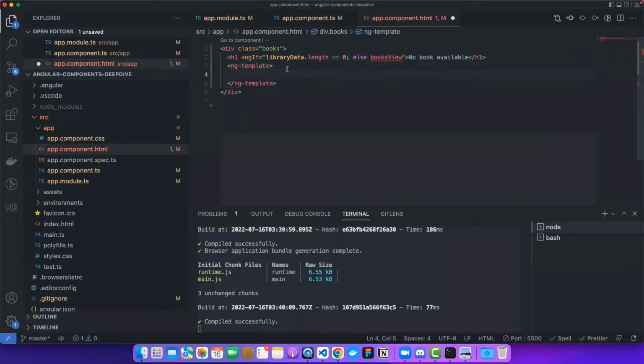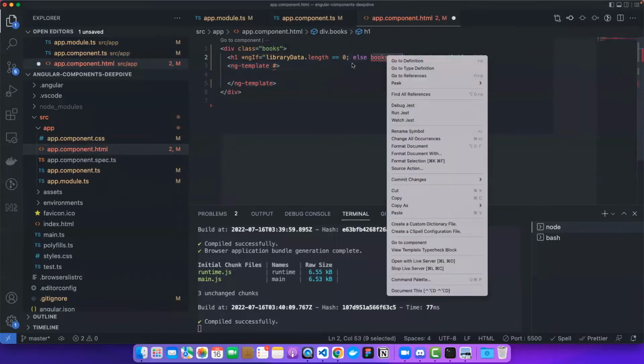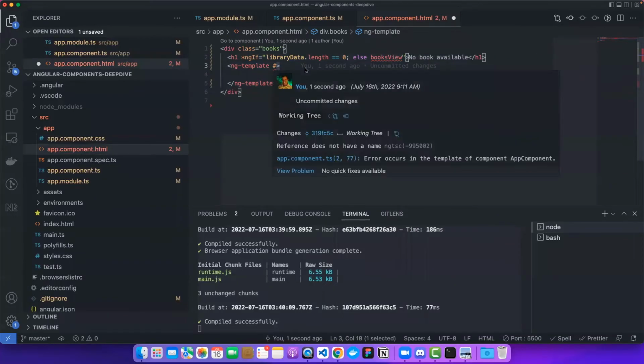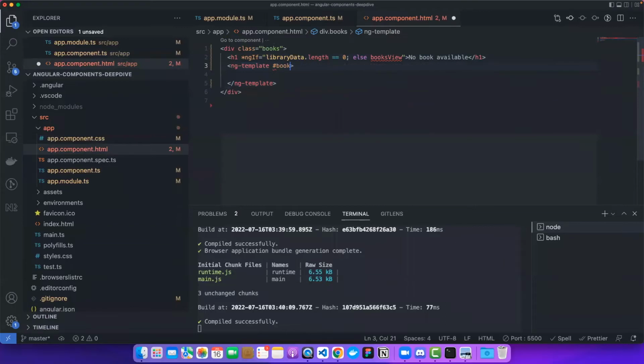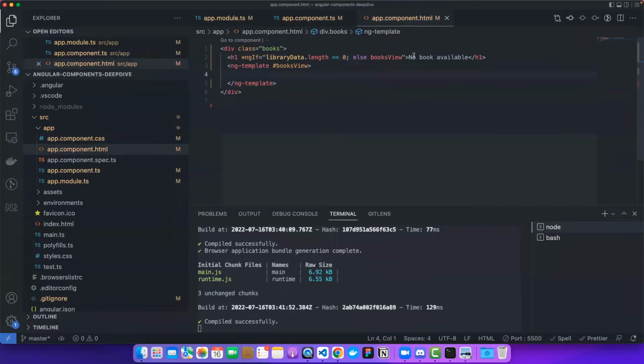So this is another directive or component that is directly available from Angular. Angular common module will always give you this, so you should name it with this. So what is it called? Books view. Now if your HTML back, it still, if there is nothing,